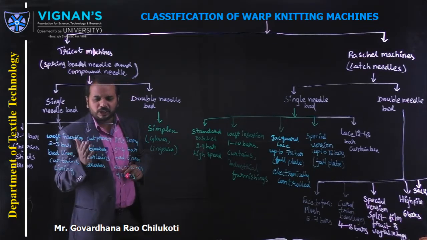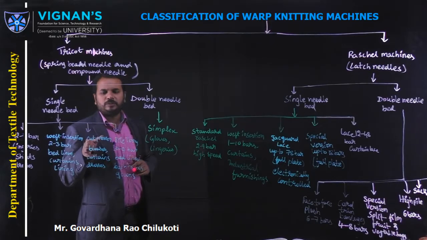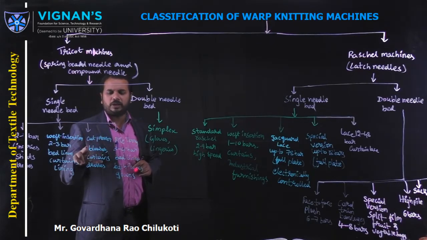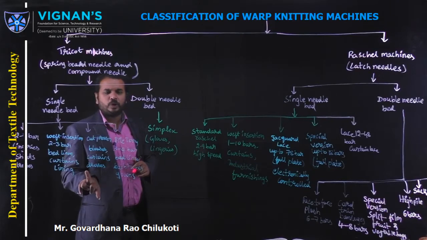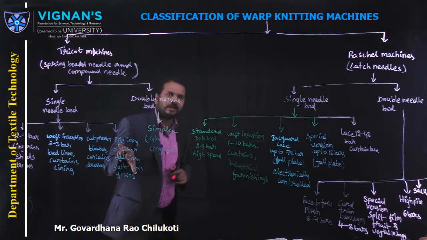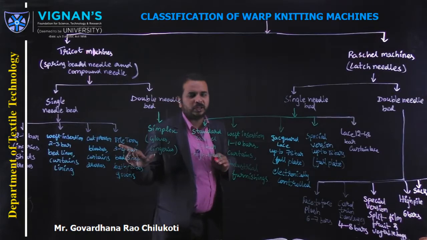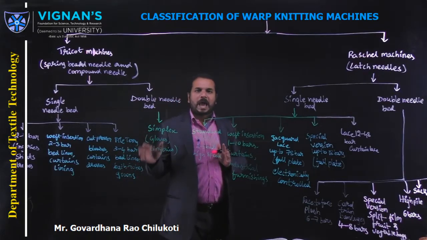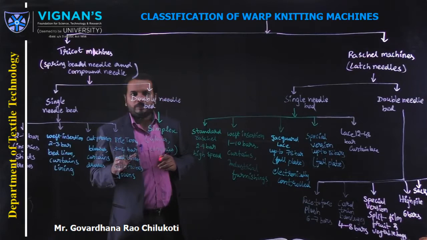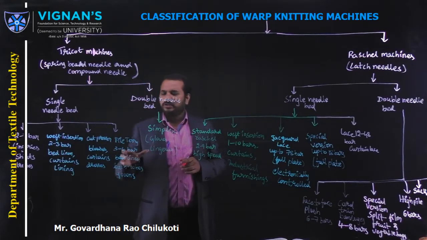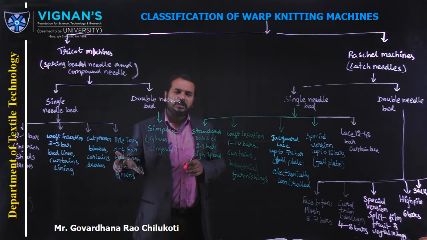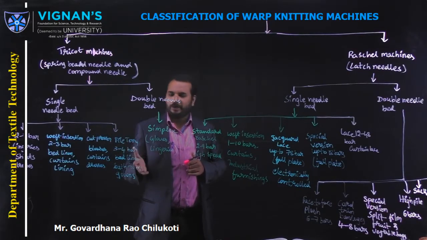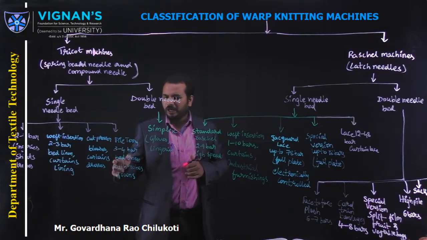And the third one is cut pressure technology. With cut pressure technology, you can make blouses, curtains and dresses. And there are pile terry fabrics, so generally you can observe bathrobes and napkins and all. These kinds of fabric structures we generally produce using a single needle bed with 3 to 4 guide bars. So these are the applications: bed linen, bathrobes, gowns, etc.